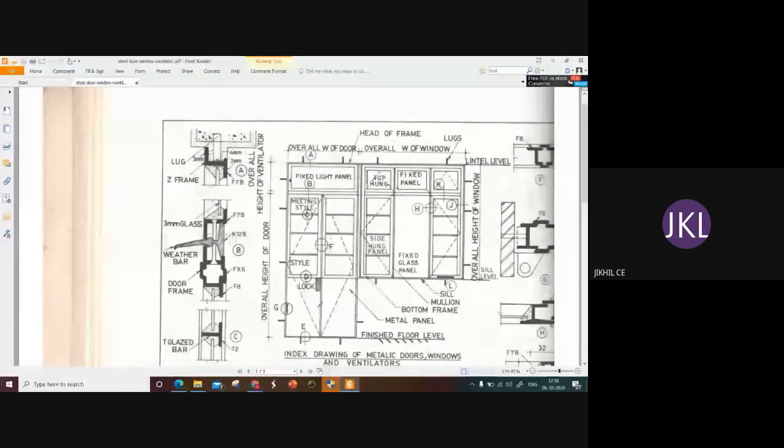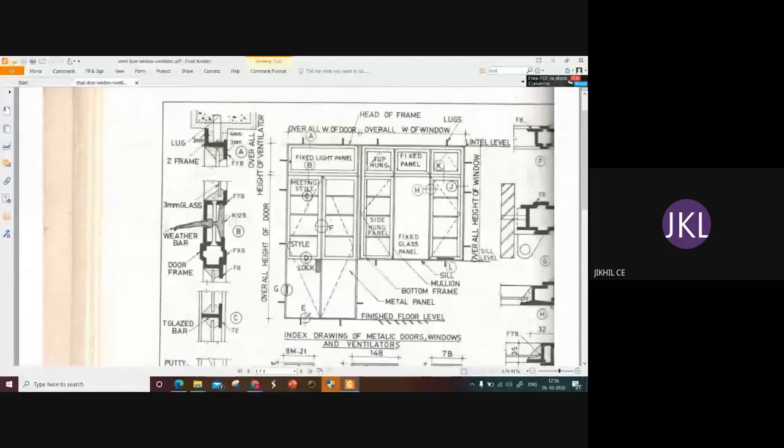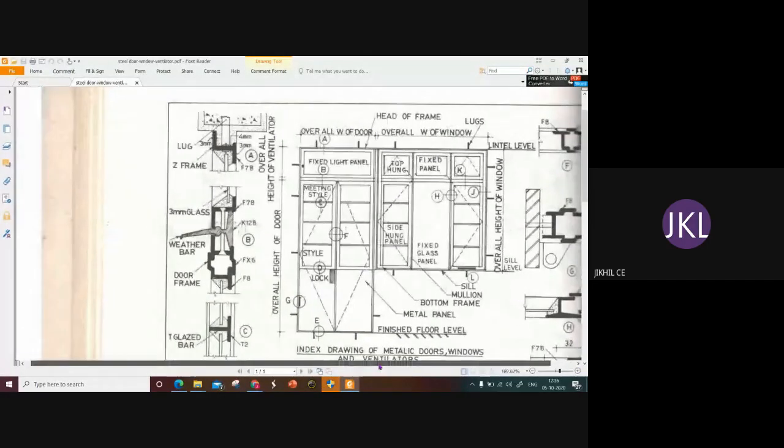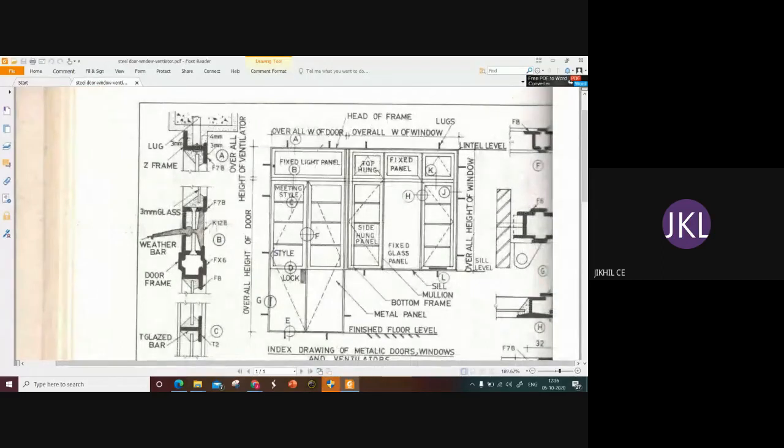So you can focus now on the door. This is the door portion, and you can see the overall width of door, from here to this point, and we have a ventilator fixed light panel.